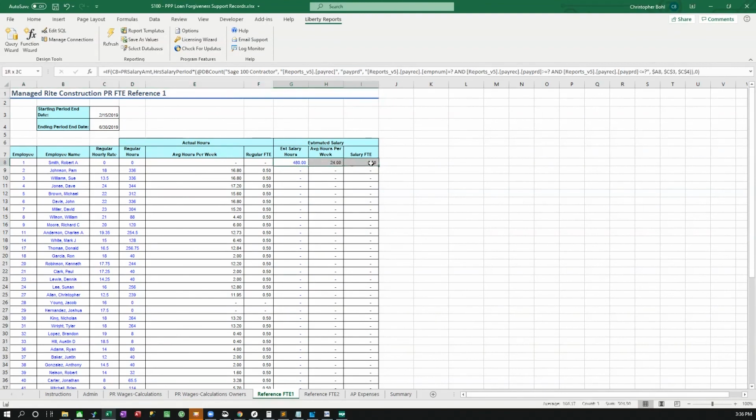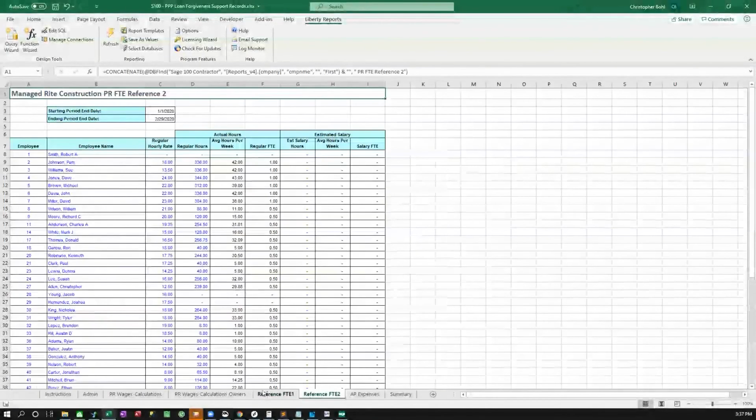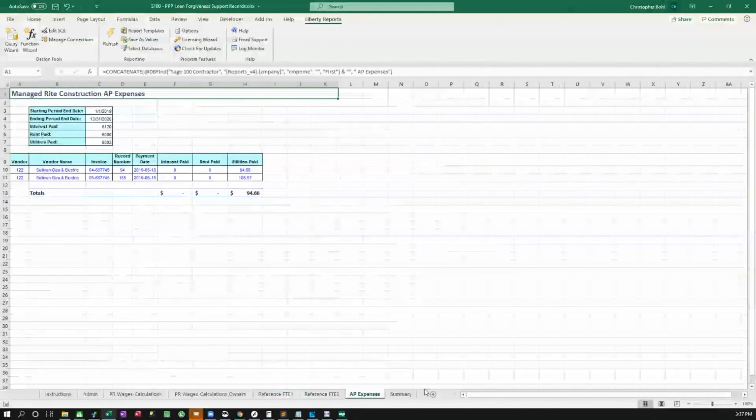So what we can see here is it actually does the same thing, but for a different set of pay periods. And this is what we would see if we had data for paychecks that have gone out on that PR Wages and Calculations, is this would calculate up with the number of weeks worked in the period and number of paychecks that went out to that employee to get you the number of hours on average per week during the period, and then generate your full-time equivalent based on that salaried employee. We have the 2 periods. They do the same thing, just different pay periods.